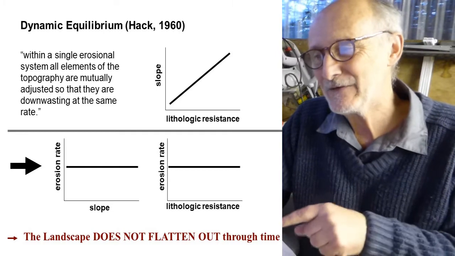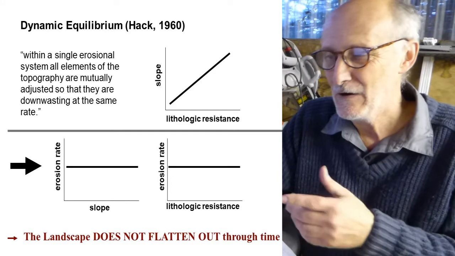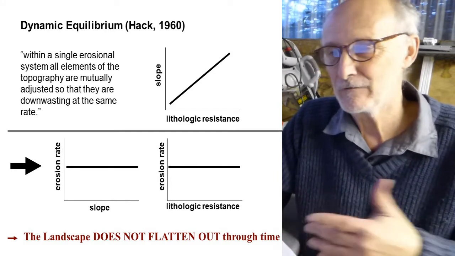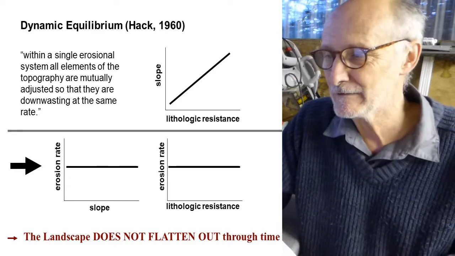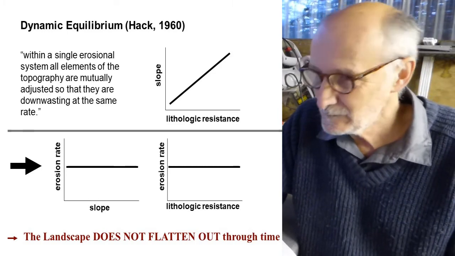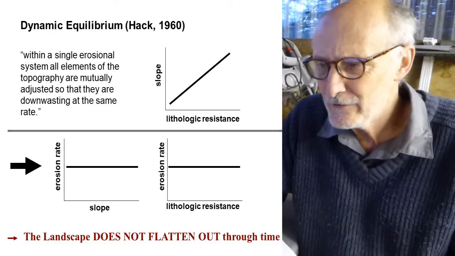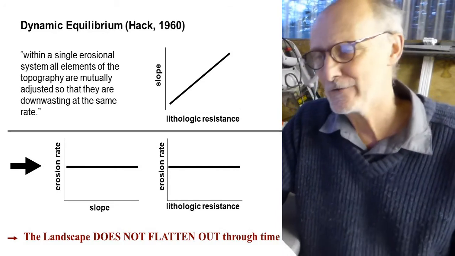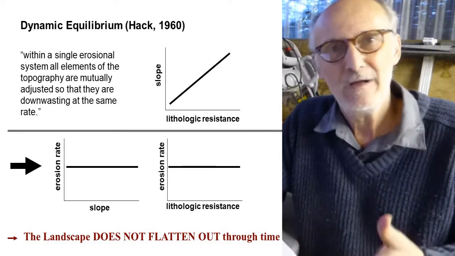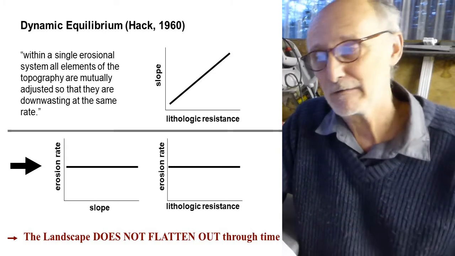Well, if you combine that graph, the fact that as you get more resistance you get steeper slopes, what that means is that you actually get the same amount of erosion regardless of what gradient you're on or what your lithological resistance is, because those two are inversely related. So in the bottom left-hand side, as you increase the slope, as we move along the bottom of the graph, why aren't we increasing the erosion rate as you'd expect to? Well, it's because in the background, as we increase the slope, we're probably dealing with slopes made of harder and harder rock, and that's how come the slopes can be steeper.